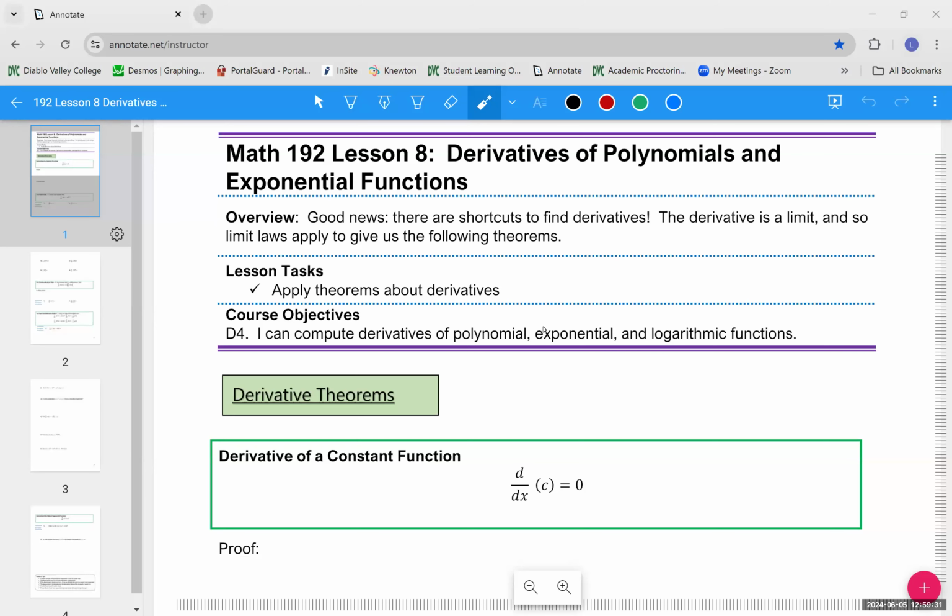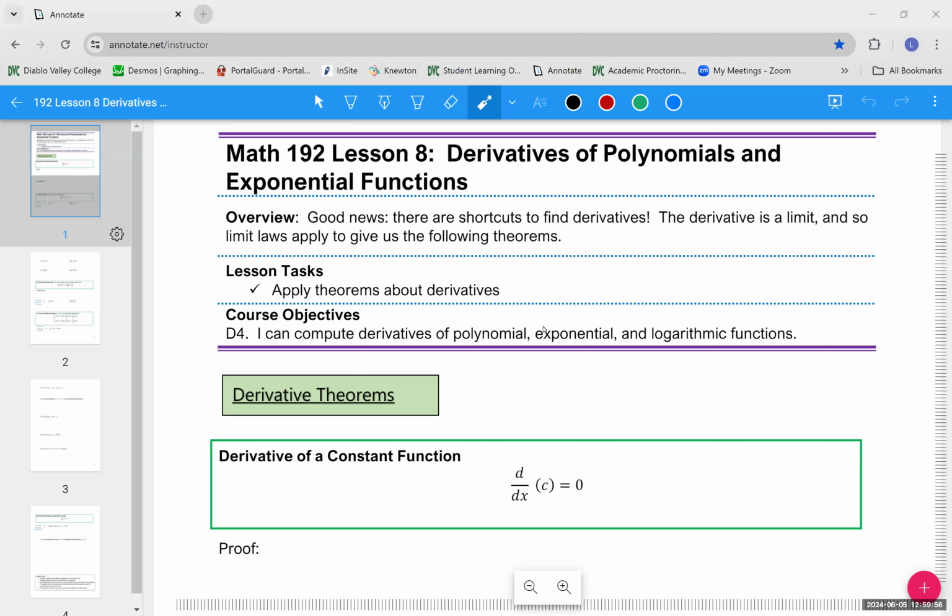Welcome to Lesson 8, Derivatives of Polynomials and Exponential Functions. So as promised, at the end of Lesson 7, I told you there are shortcuts. We do not have to always go through the limit process in order to find a derivative. So we're kind of switching gears with Lesson 8, and that now that